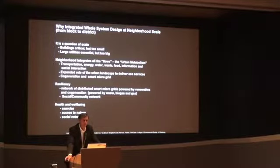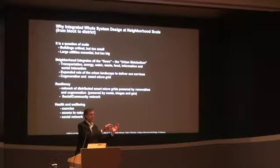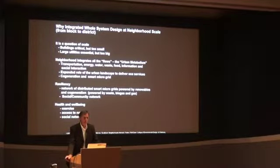So I'm arguing that the neighborhood is a design unit that has unique design opportunities and potentials, especially when you look at resiliency. A network of distributed, smart microgrids powered by renewables and cogeneration, especially cogeneration powered by waste, biogas and gas, provides an amazing resiliency because the neighborhood not only can power itself, but it can also help the grid. And if you've read anything about the resiliency after some of these major storms like Sandy, the social community network is one of the most important elements in having